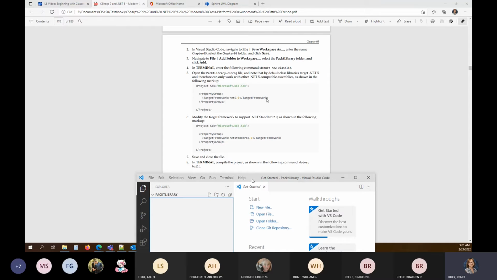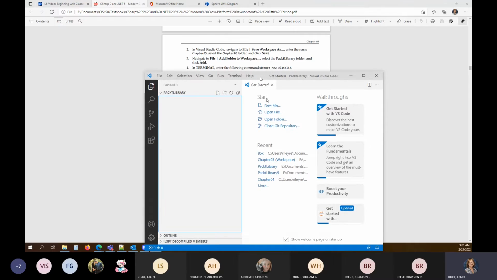And I need to go to a terminal and enter the command dotnet new classlib. So far we've been adding a new console project. This time we're going to add a new class library type project.